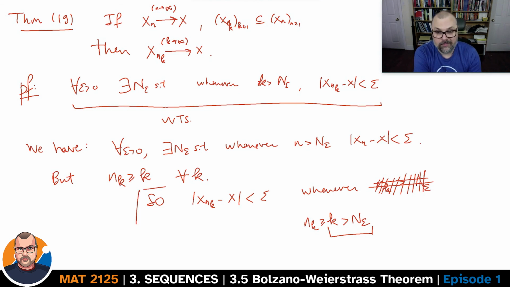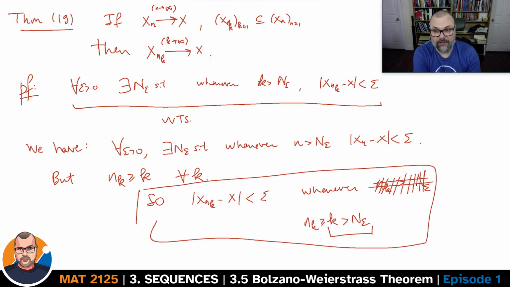And so the conclusion is that for every epsilon greater than 0, there exists an n epsilon, the same n epsilon as the one you had in the definition of the convergence of the original sequence, such that whenever k is greater than n epsilon, because xnk is a subsequence, nk will be greater than k, and in particular, we replace n by nk throughout, we maintain the relationship that we